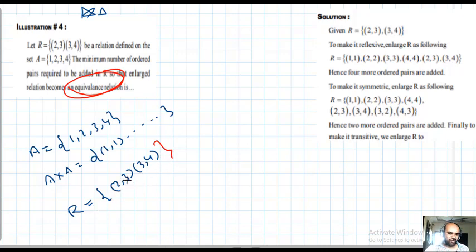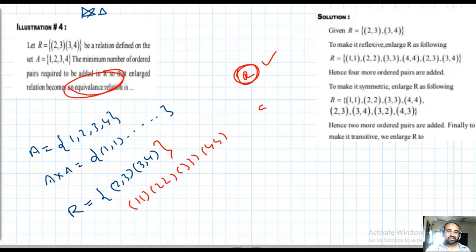I will show you. Observe, this original ordered pairs (2,3), (3,4). First of all it should become reflexive. What should be there? (1,1), (2,2), (3,3), (4,4) should be there. Those are not there, no? These 4 should be added for reflexive. Okay, reflexive completed. After adding these 4 to the 2 elements, totally 6 elements, the resulting relation is reflexive only. No problem. Now, symmetric.